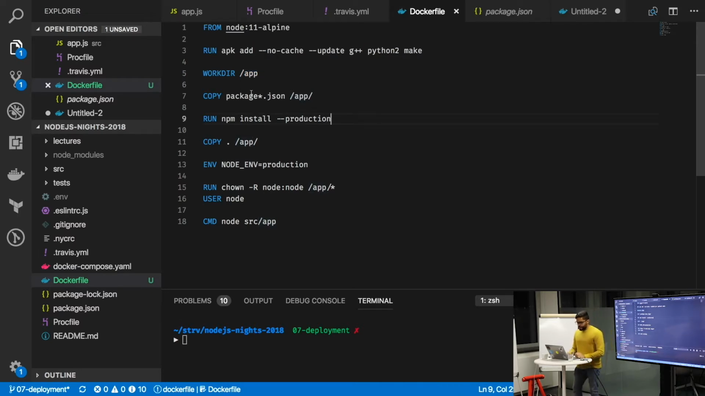So here basically we are copying package.json and package-lock.json, where this is a wildcard, which basically matches everything that contains this structure. So here we are copying these two files, and why we're doing that instead of just doing,